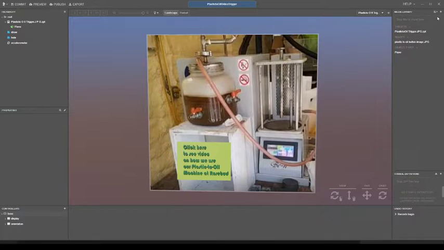Nonetheless, we should be able to get this working, and you'll just have to intuit what I'm saying. So I'm coming up to Media Library,